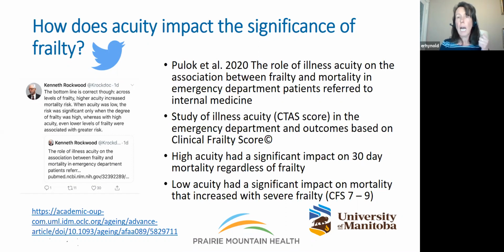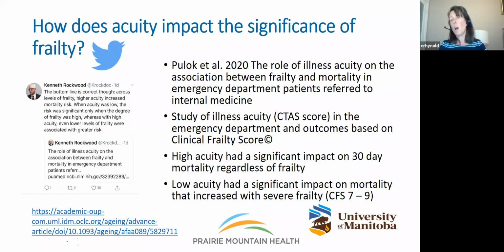If somebody had a high acuity illness, their frailty status did not impact their 30-day mortality. So if you're really, really sick, the frailty has less impact on your mortality. But in a low acuity illness, say you get a little bit of gastro, the significance on 30-day mortality is for the severely frail.